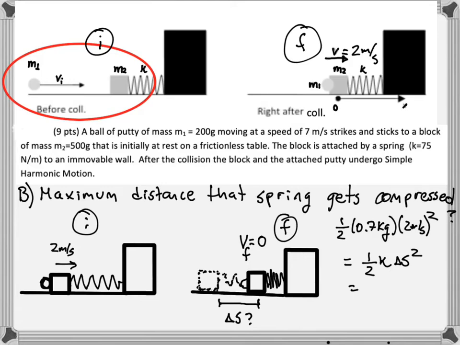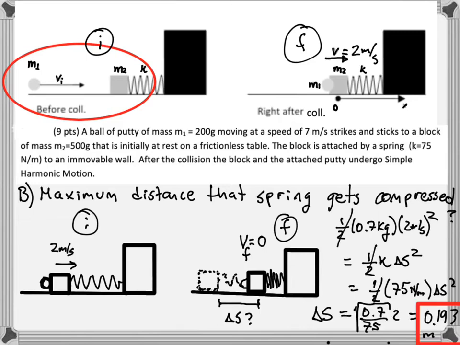We know that k is 75. So plugging in the numbers and solving for delta S. Delta S would be 0.7 divided by 75 times 2 squared, square root of that, and that gives you 0.193 meters, or 19.3 centimeters. There is a second way to solve this question,